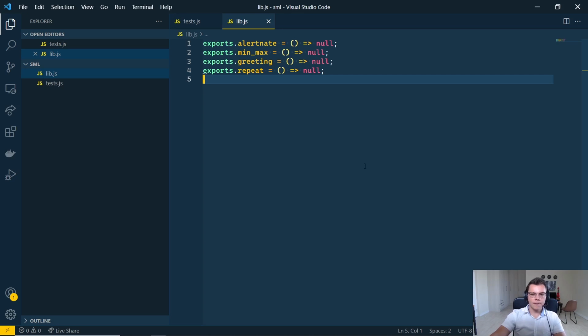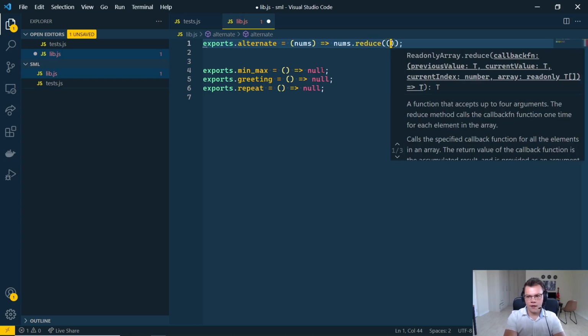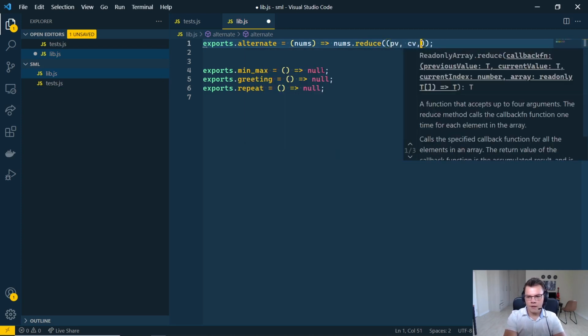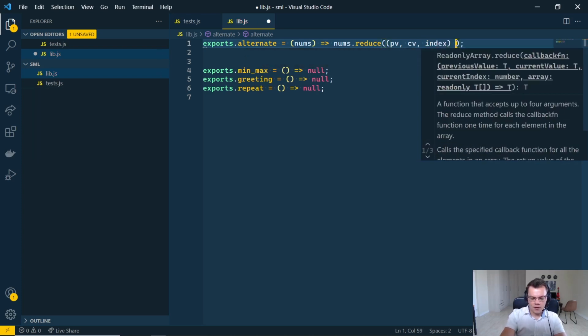At least those are defined now. So alternate will accept an array. What we need to do is call that nums, and what it should do is add numbers in alternate. So what I would do is nums dot reduce, and that accepts a previous value, current value, and the index. And I think we need the index. And then I'll return